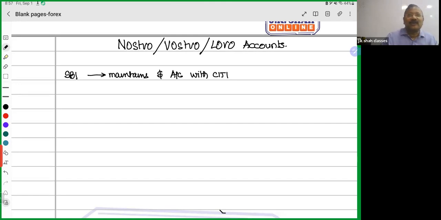What is SBI going to do? Contact Citibank and tell what to Citibank? It will say, please make the payment to XYZ supplier in US and debit our account with you. Right? Is this not very similar to when you instruct a bank to pay an electricity bill from your account? Please pay Adani and debit our account with you. Now, when SBI says our account with you, instead of saying that, it will say debit